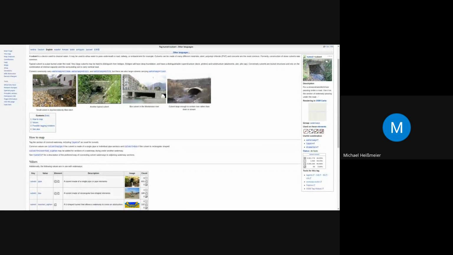Tunnels below all kinds of highways, smaller tunnels, they are culverts.